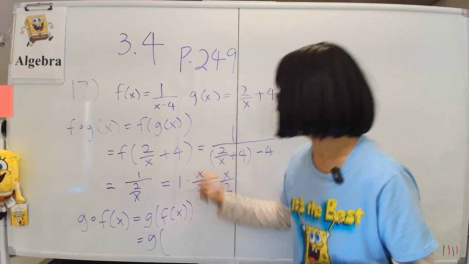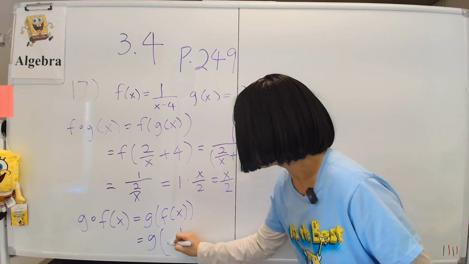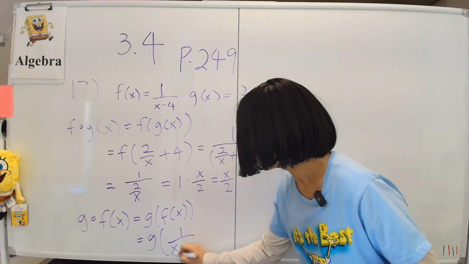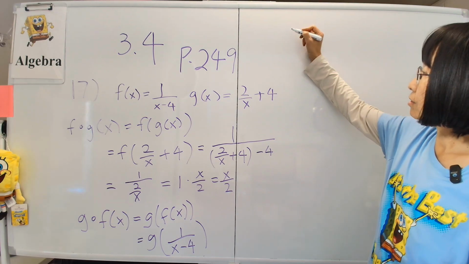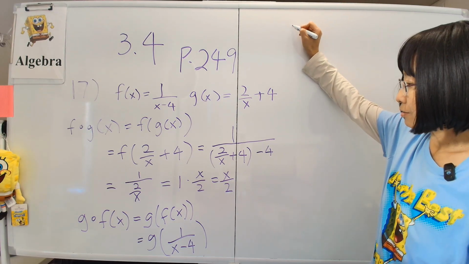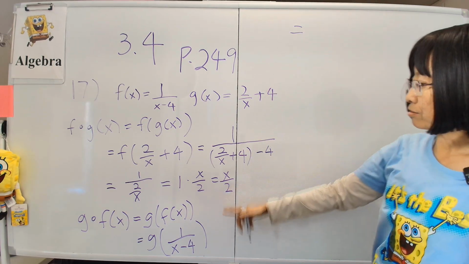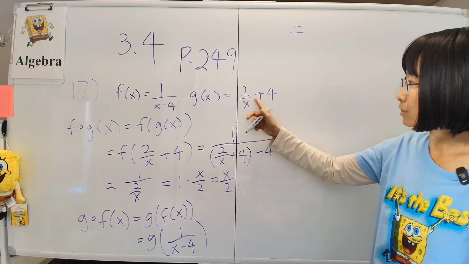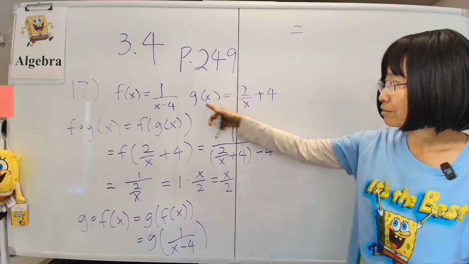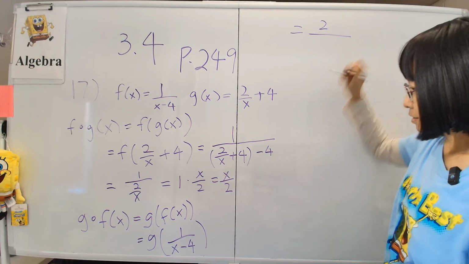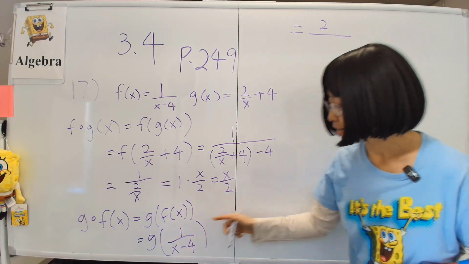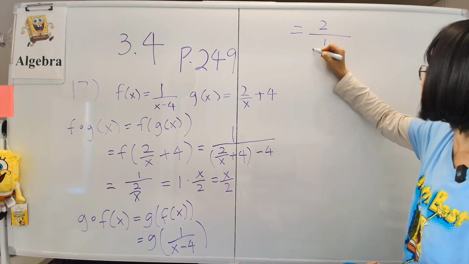All right. So that equals g of, let's write down f of x, this thing right here, 1 over x minus 4. All right, and then that would be equal to, continuing, what is g of x? It's 2 over whatever the input is plus 4. So we'll write it down, 2 over, what's the input? It is this entire object, okay? So it's 1 over